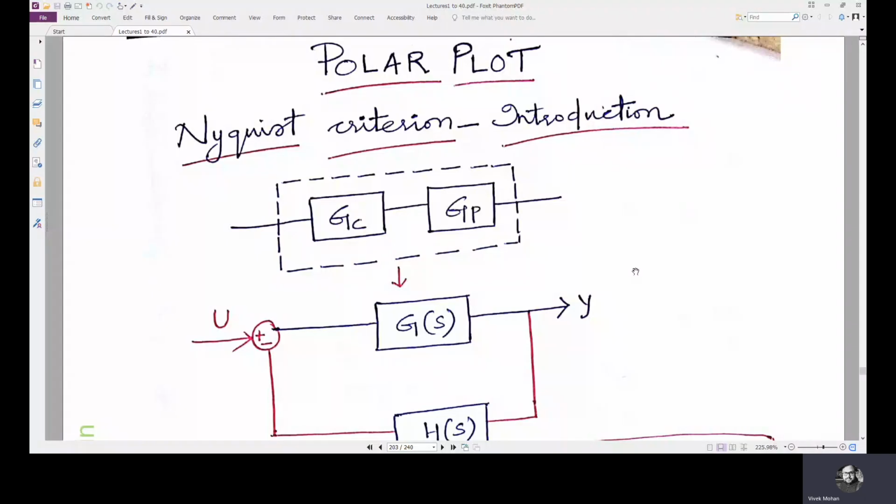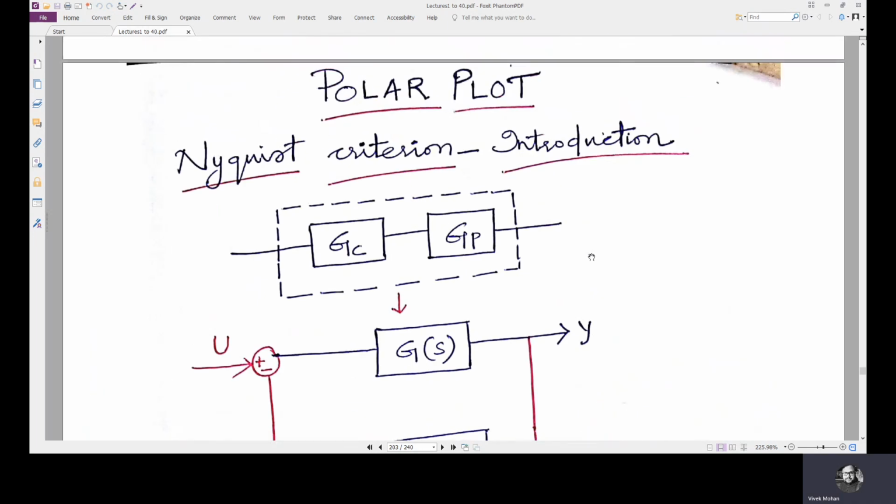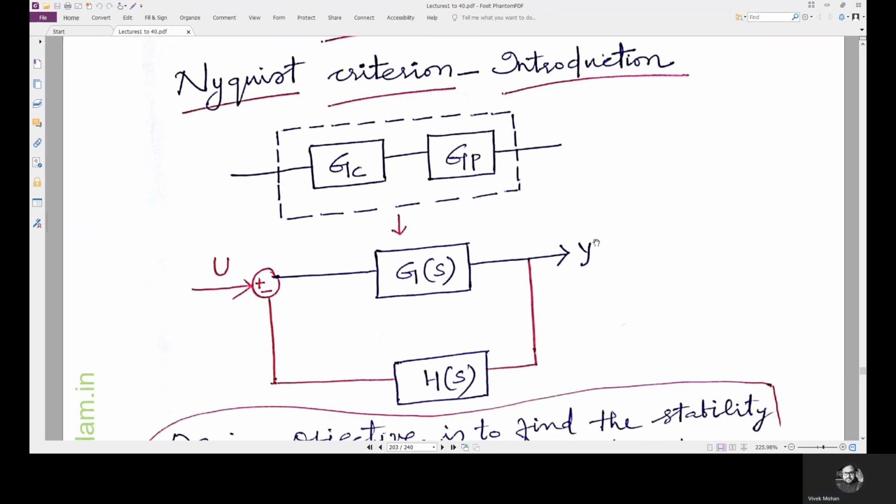In this lecture, we are going to discuss the polar plot. And from the polar plot, we will extend this to the Nyquist criterion and the Nyquist plot. So you can see here a block diagram which contains a controller transfer function GC and a plant transfer function